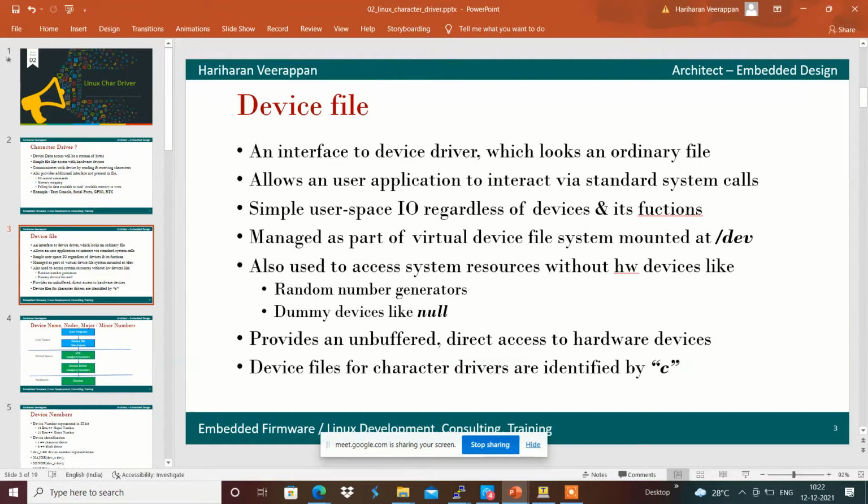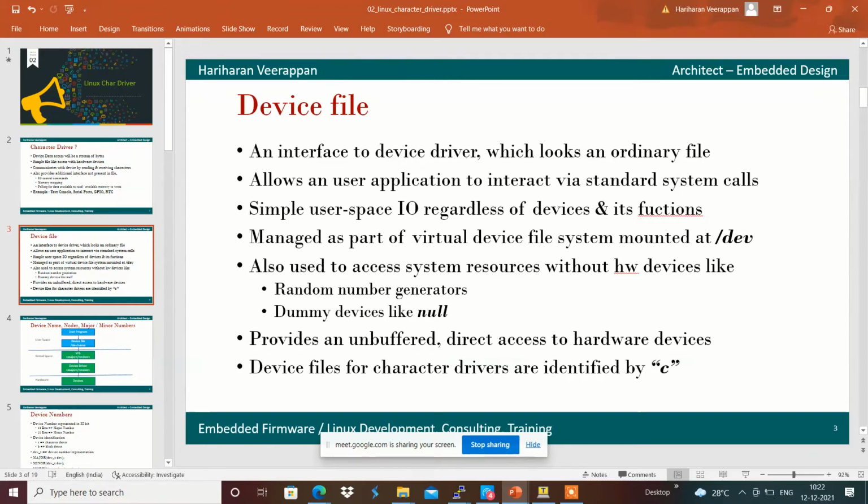Yes, sir. Basically, a device file is the representation or interface for user space to access. A device file is not a device driver. The real device driver is a kernel module which will be inserted and present within the kernel.